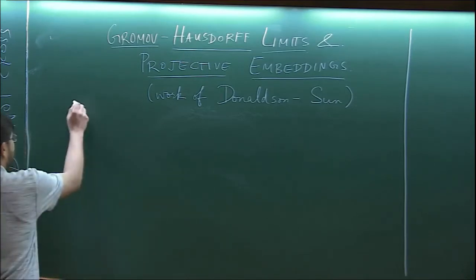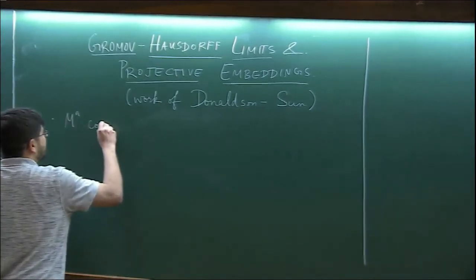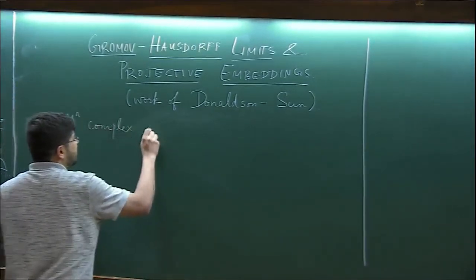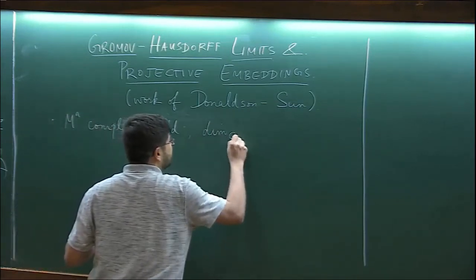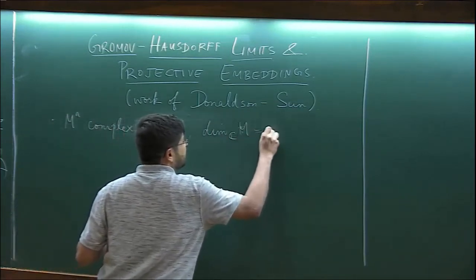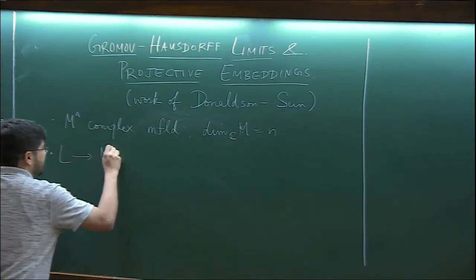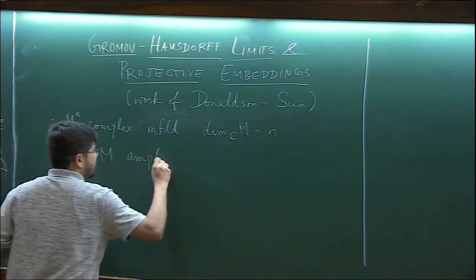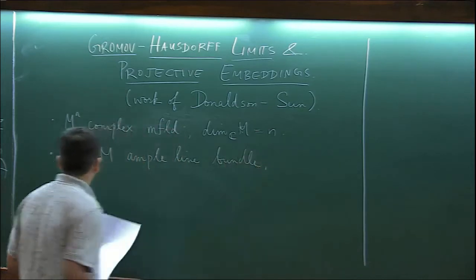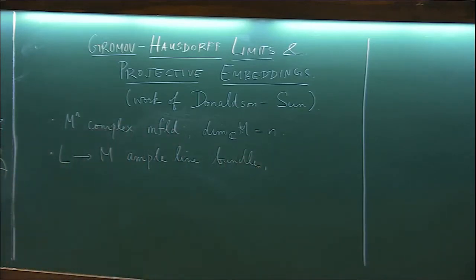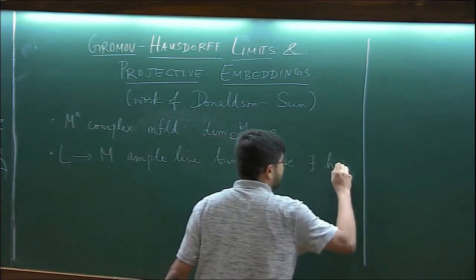Okay, so the setup is as follows. Let M^n be a complex manifold, and the complex dimension is going to be n. And let's say we have an ample line bundle. Which means in particular that this is a holomorphic line bundle, and that there exists a Hermitian metric